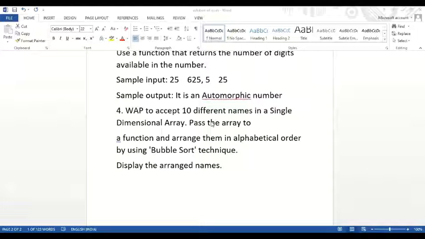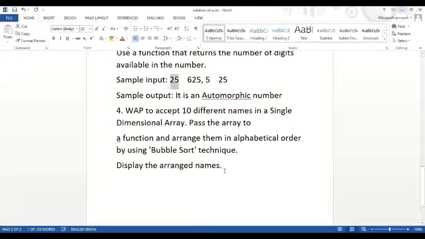In integers, we used to write if array at position j is greater than array at position j plus 1. Here what we are going to write? If name at position j dot compareTo name at position j plus 1 is greater than 0.